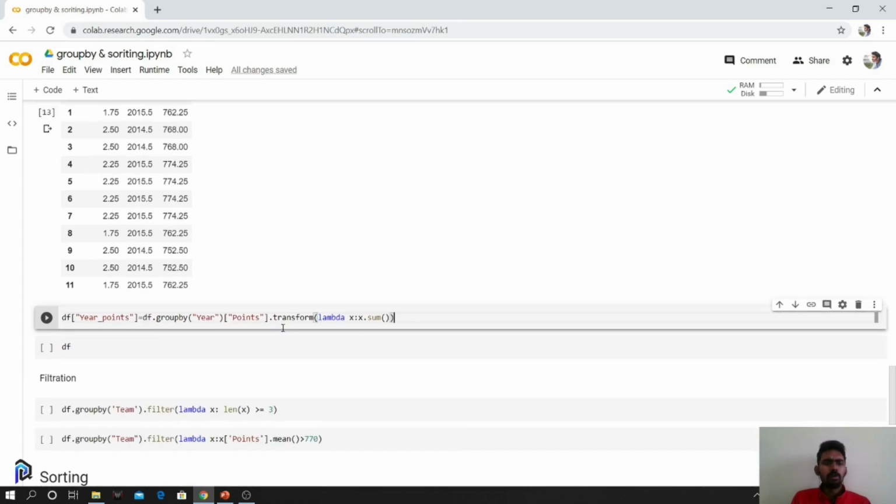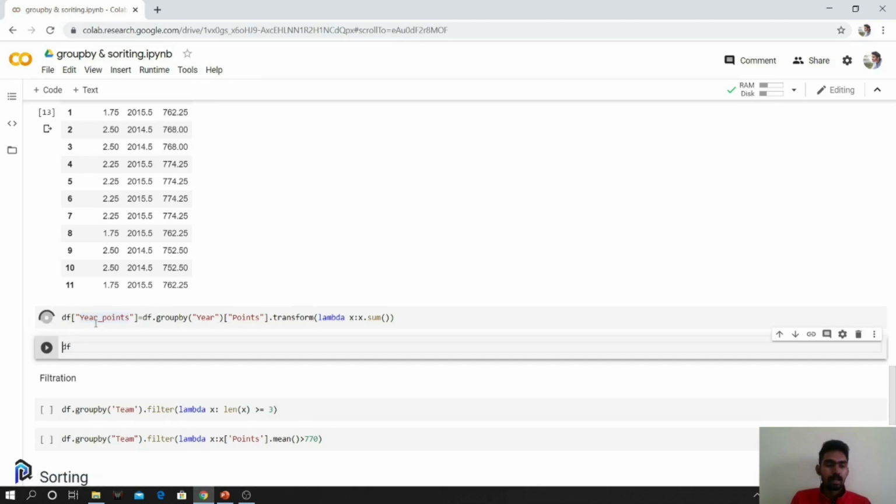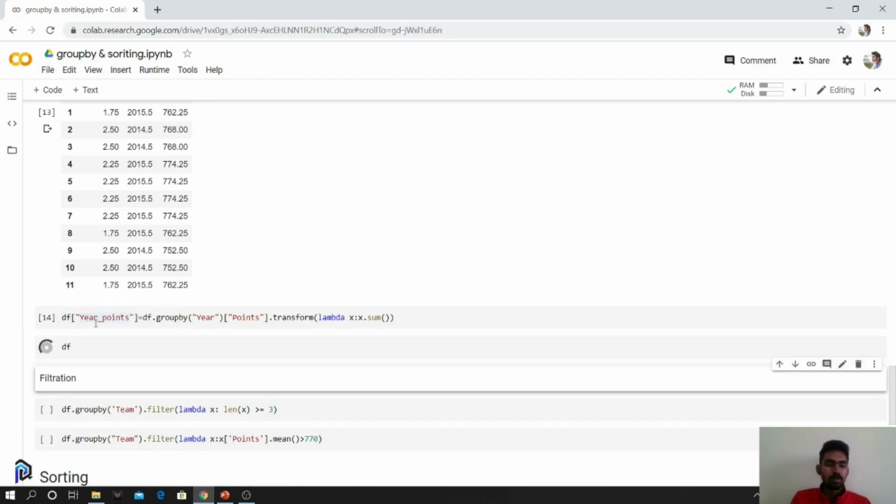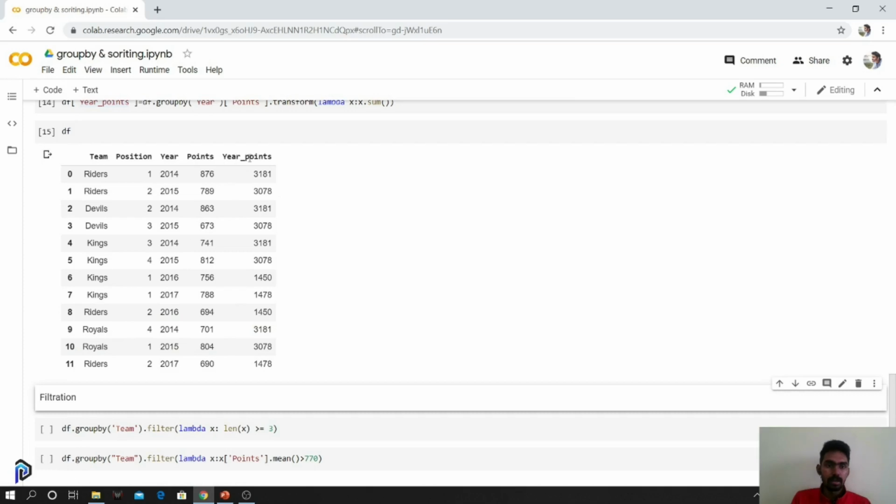You can also transform a specific column alone, and you can also add it as a new column. So I'm getting the points alone, and transforming the points to the sum of points. We are grouping by year, and for each year's subset we sum the points for that particular year, and using that I'm creating a new column. For each and every year, the value would be the same.